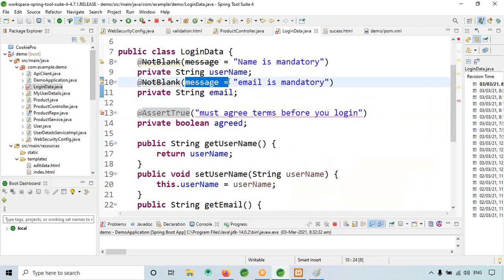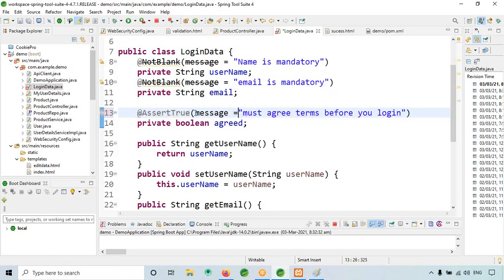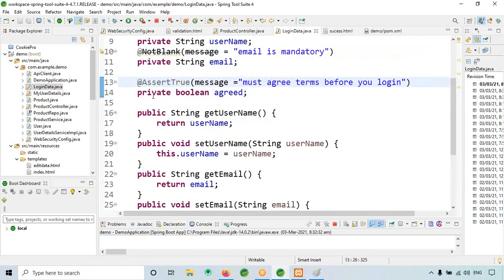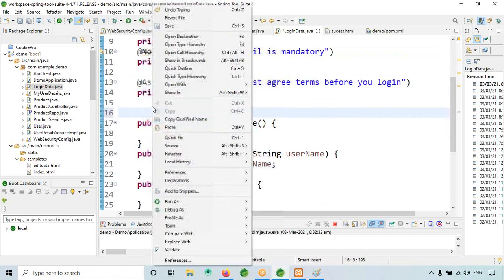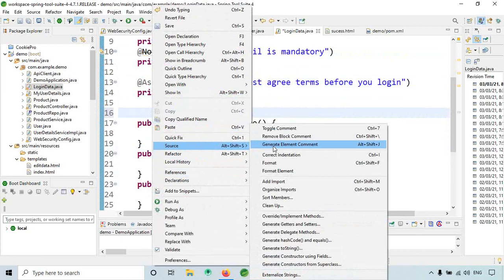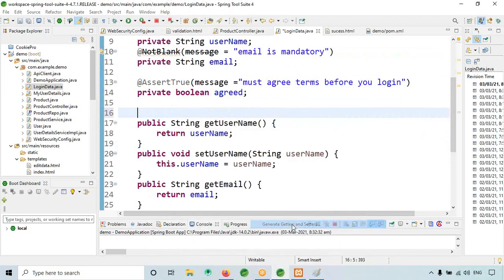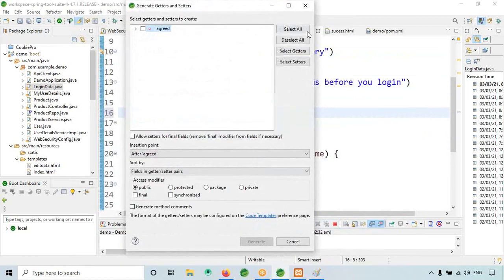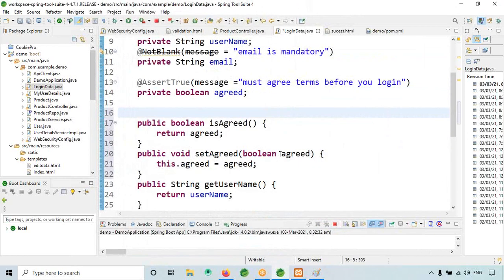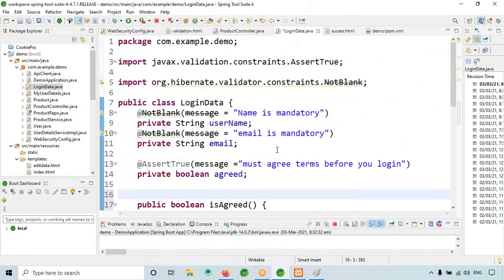So message equals to here. Okay, so for this I will give getter and setter methods again. Again right click, source, generate getters and setters, select all, generate. Okay, so save it.